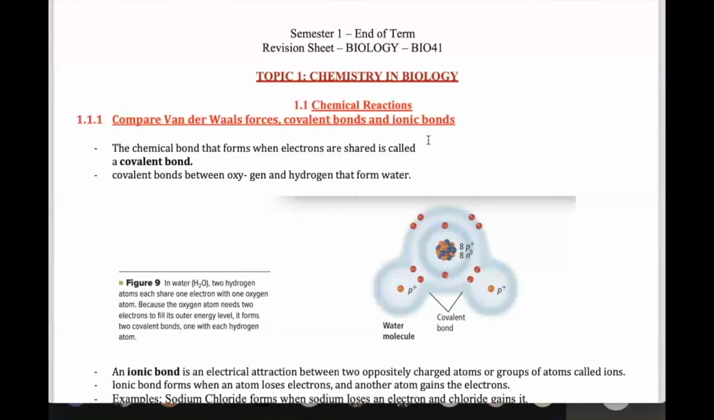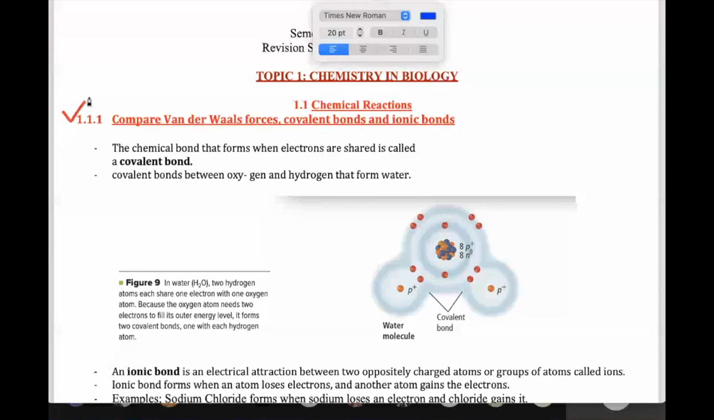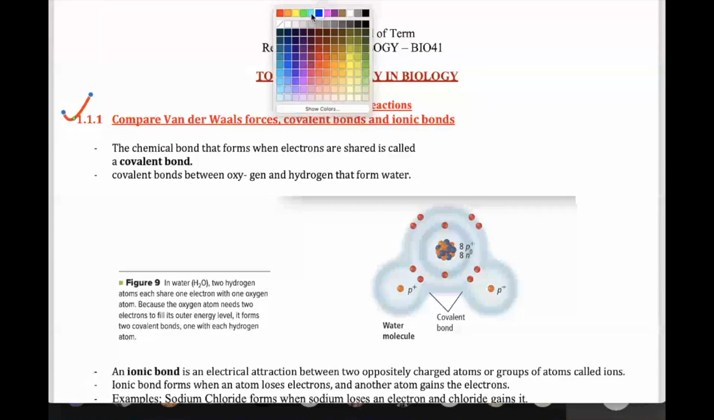Today is 21/11 and we are here to revise the biology end of term topics. Topic 1, chemistry in biology. We have to go through and understand what we mean by chemistry in biology. First of all, we have to go through the first KPI that says